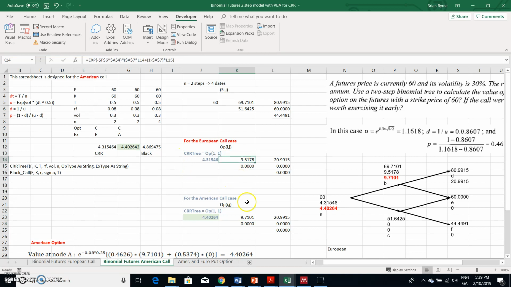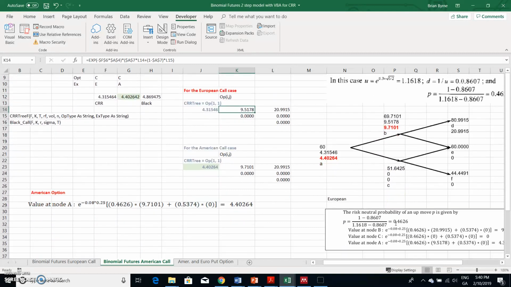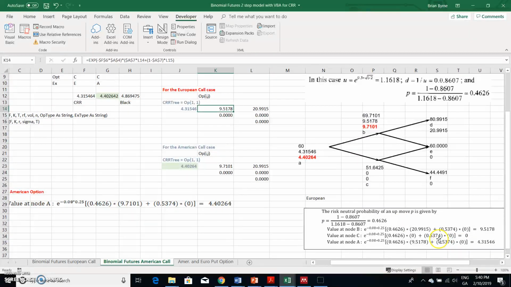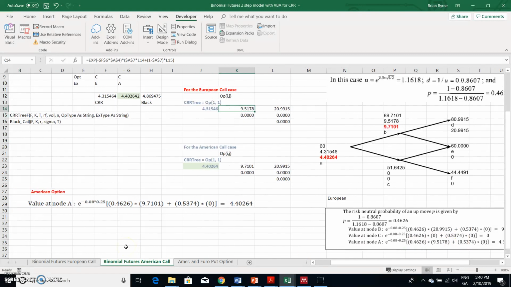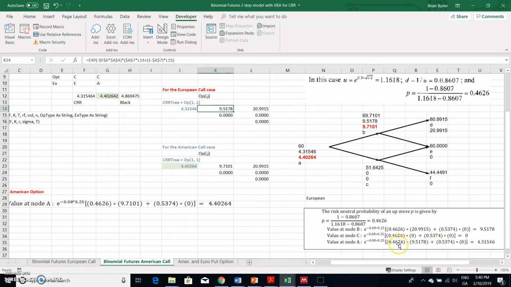And if I exercise immediately in the two-step tree, instead of just using the time value, if I take 60 and subtract it away from the 69.71, I would have got 9.71, which is higher than the 9.5178 which I had before. And instead of using this in the final step, I say, instead of having a 9.5178 multiplied by p